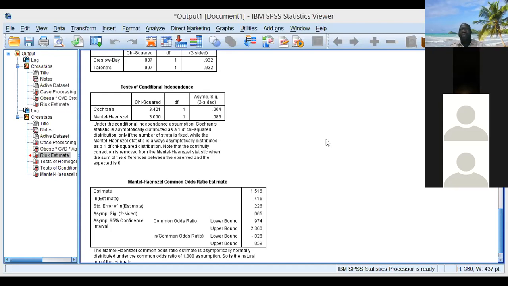Is that how you calculate the adjusted? What you just did now? No, I'm just trying to see the crude odds ratio now. I mean, some people usually say that if the